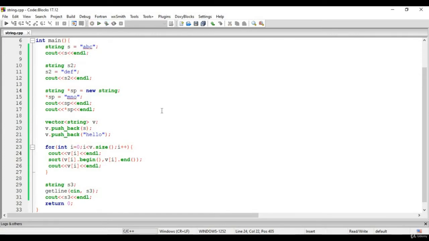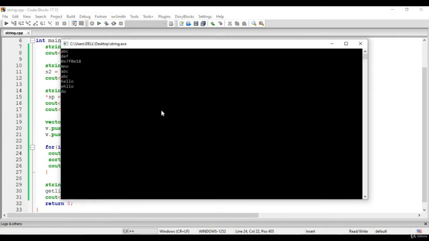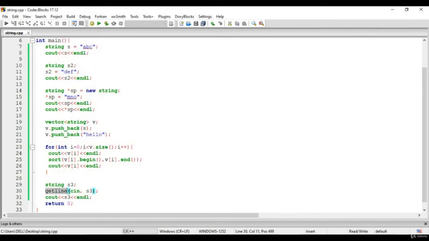Now this time if you give input like do space coding, our output is correct. So this is working now. You have to use getline, and it is very simple syntax to remember. You do not have to worry about the length of the string or the null character. Everything is working perfectly fine.